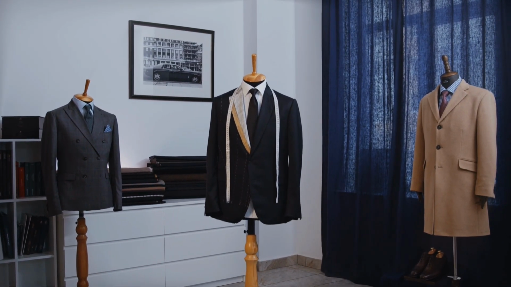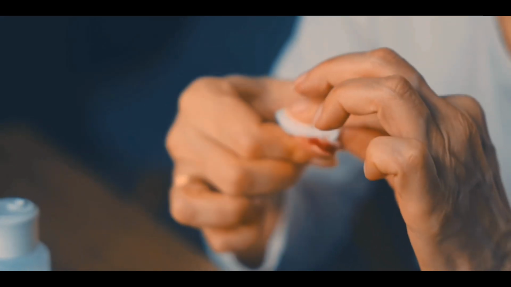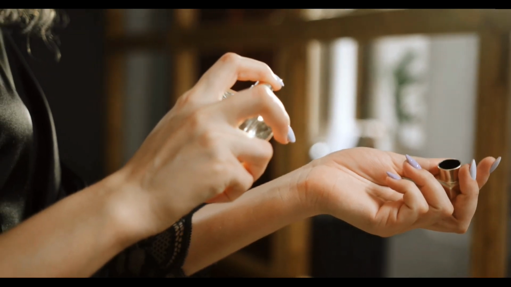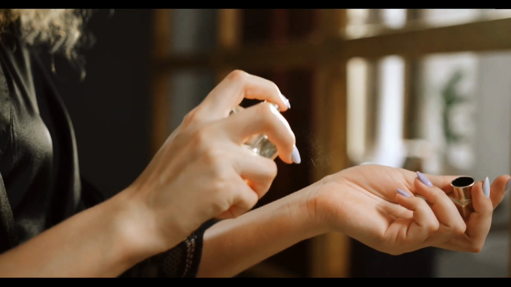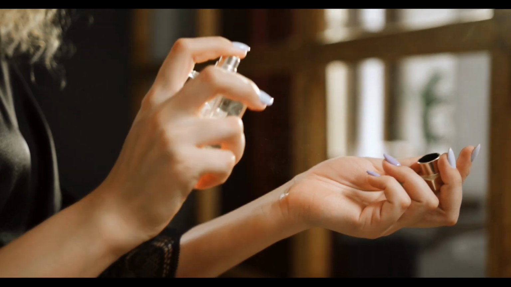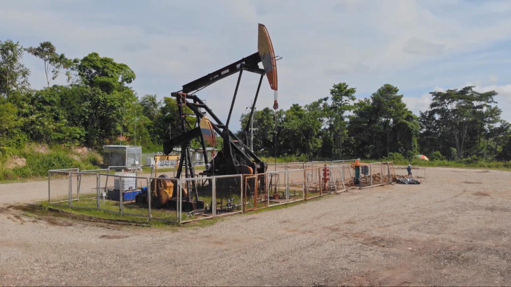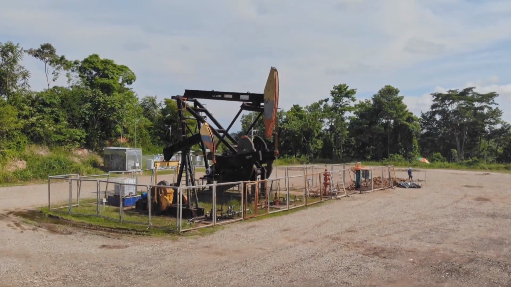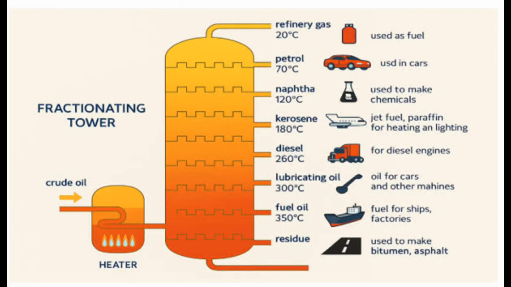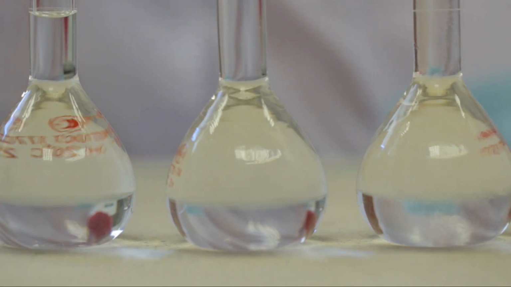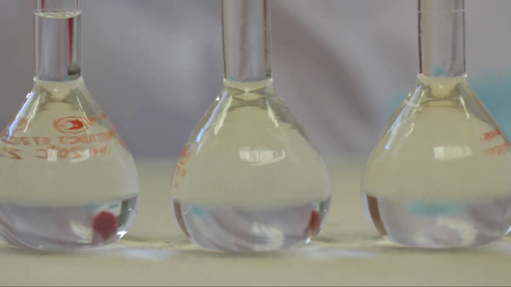Naphtha is required for making detergents, nail polish removers, perfume bases, and artificial fragrances. That means naphtha is widely used in the industrial sector. After separating naphtha from crude oil, the temperature is raised again. At a temperature of 180 to 250 degrees Celsius, steam is again produced from crude oil.